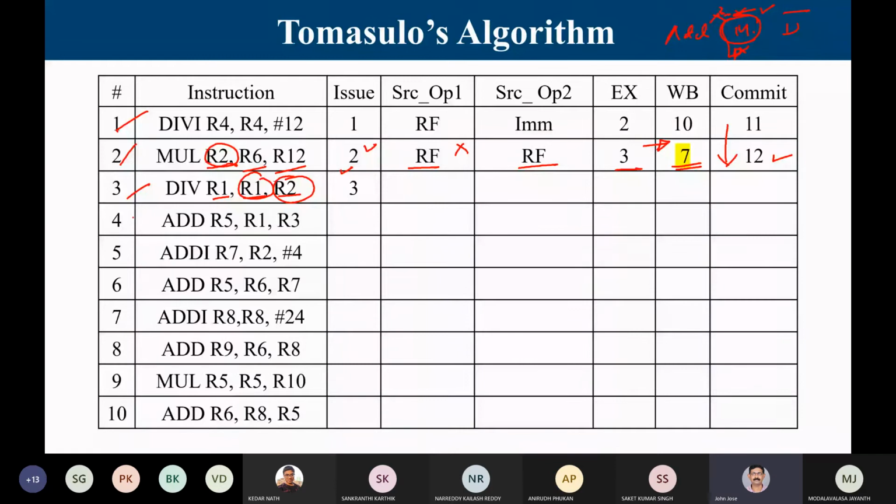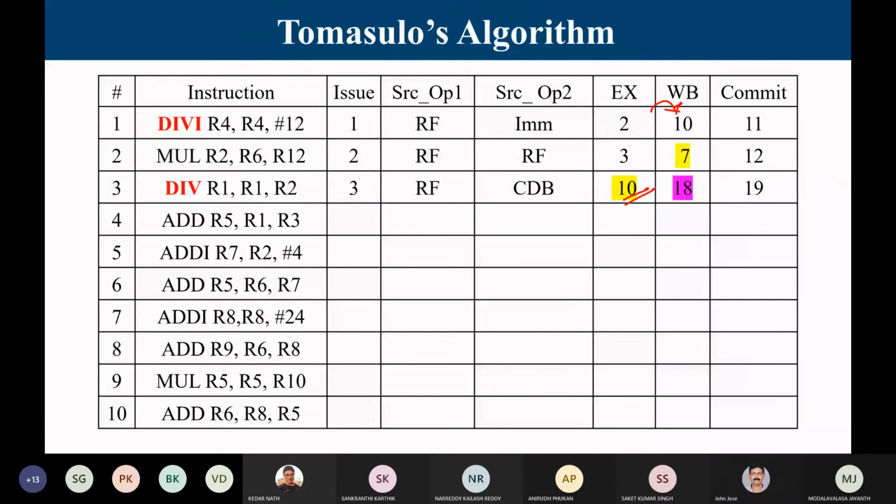But there is one more problem. The division unit is busy till clock cycle number 10. So at the end of the 9th cycle, this is what I am going to write. At the 10th cycle, I can start a new division. So even though there is a dependency on R2, if the division unit would have been available, then based on the dependency I could start the execution at that cycle. But that is not happening. Here there are 2 problems. One is a dependency on R2.